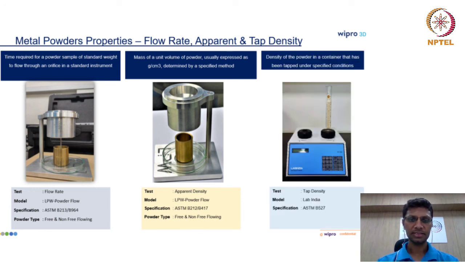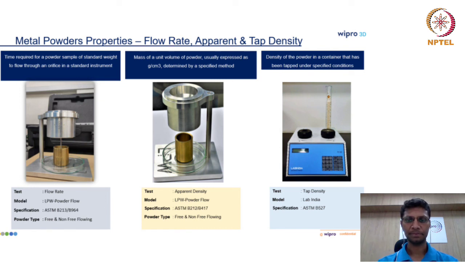The next test is the tap density. It is the density of powder in a container that has been tapped under specified conditions. Based on the apparent density, choose the cylinder for the powder to fill. Choose the number of taps and minutes and then start the test. Note the reading at the initial of the test and the final volume values after the test, and calculate